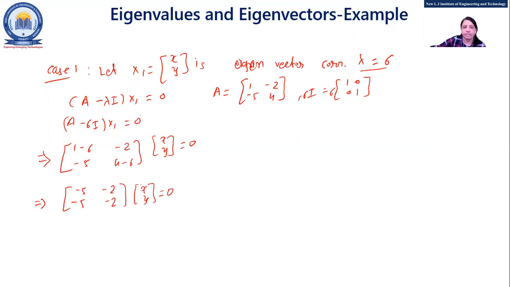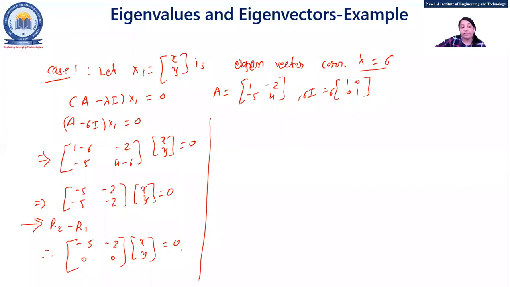Any doubt in this? Yes, minus 5, minus 2. Now what we'll do, we'll try to cancel out one row if it's possible. If by seeing it you feel that one row will be cancelled out using only one or two elementary row operations, then go for that. Otherwise it will be okay also, it's not necessary. Fine. (x, y) equals 0. Now the same method we have followed in Gauss elimination and Gauss-Jordan.